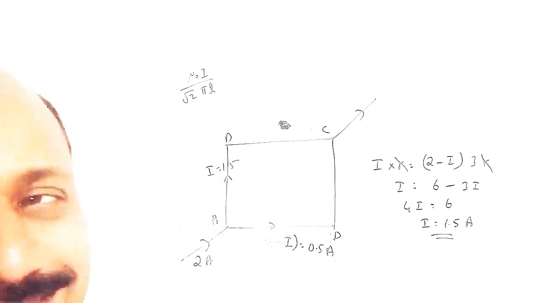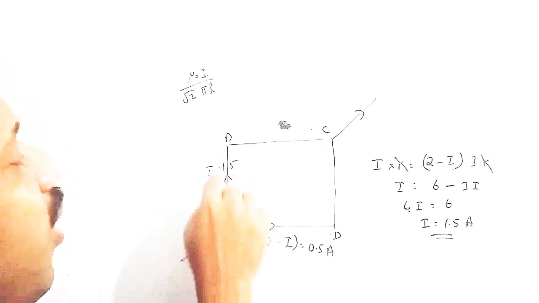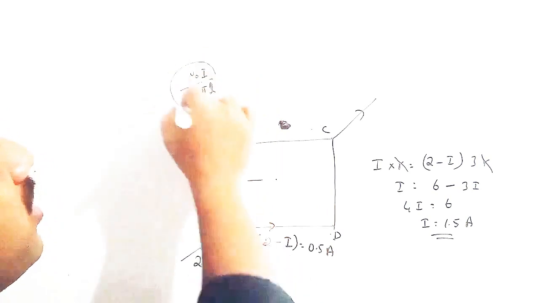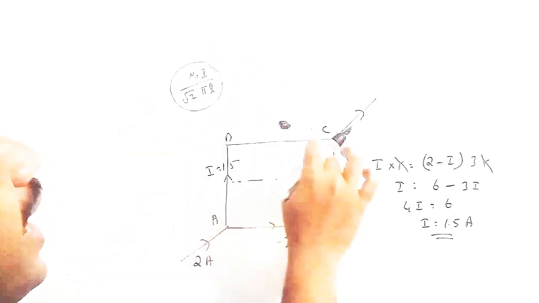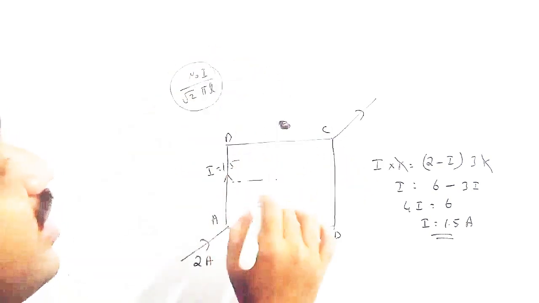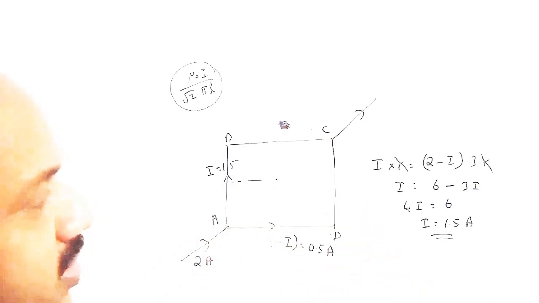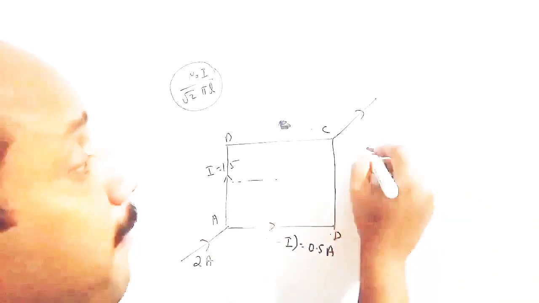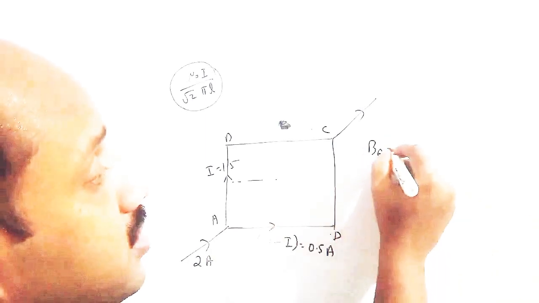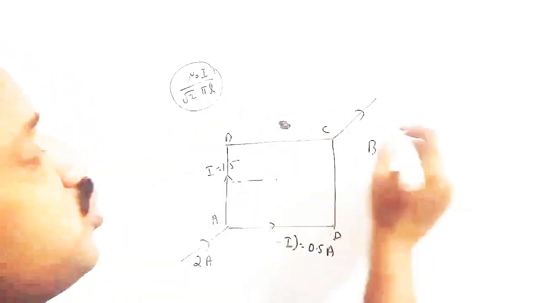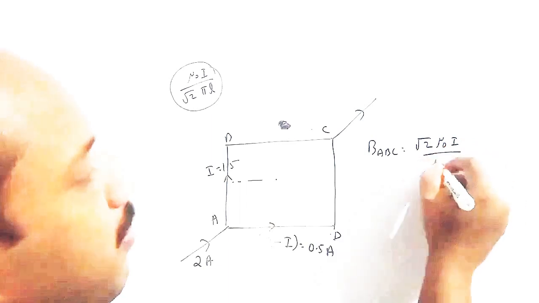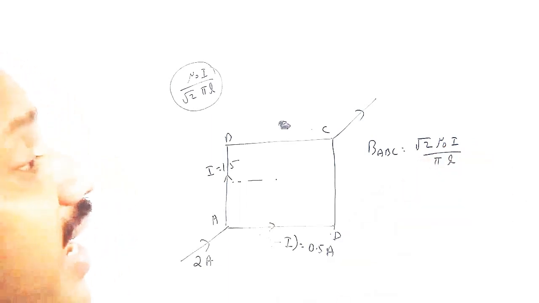Now look, this is one wire, the same thing we took. The magnetic field due to this wire is also the same thing. Therefore the magnetic field due to the upper wire, we can take it as BABC, right? The magnetic field due to the upper segment is BABC. That is 2 into this one, that is 2 root 2 mu 0 I divided by pi L. Right? That I is